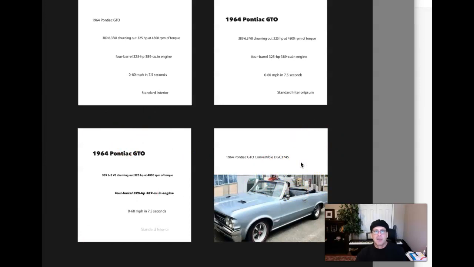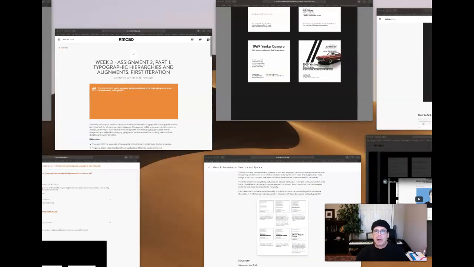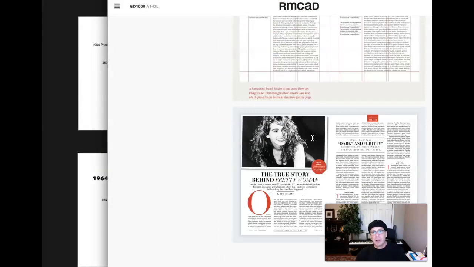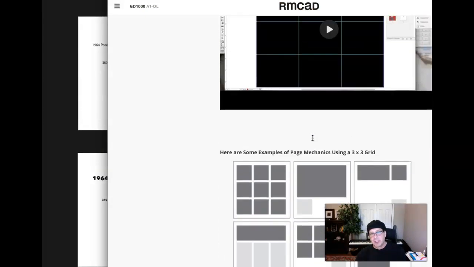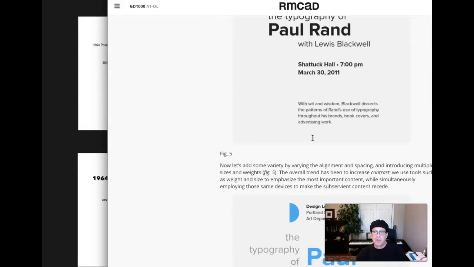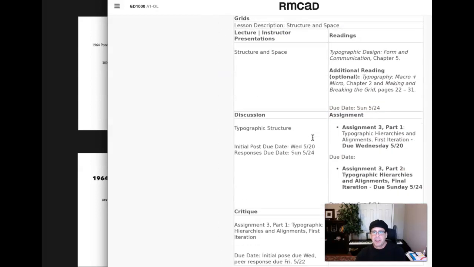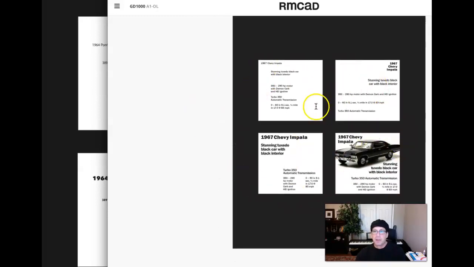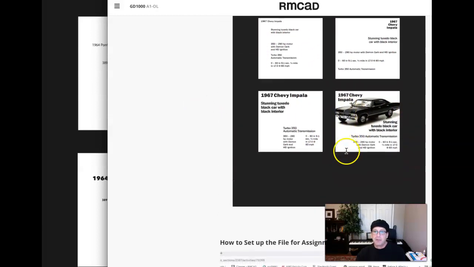So the announcement, as all announcements, is really important, and there's a ton of information in this announcement, a lot of it having to do with the grid and hierarchy. This is just a really robust announcement, so be sure to spend plenty of time in here understanding all of the resources in this announcement. Here's an example of the assignment, all right? So you want to take a look at that for your